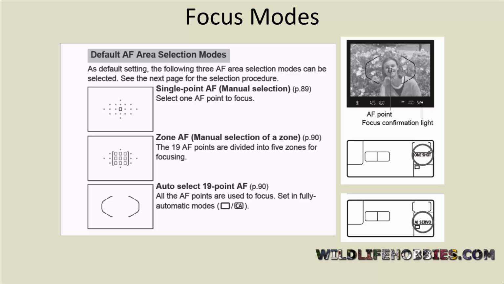If the bird is in flight, you should be in AI servo mode. AI servo mode constantly reevaluates focusing distance. Using AI servo on a bird on a bush could cause some of your photos to be of a lesser quality than you might prefer because the focus is constantly shifting back and forth. You absolutely have to use AI servo to get quality images over time for flight. AI servo is constantly recalculating the focus point of a rapidly changing object. You're going to use one shot for subjects that are not in flight and AI servo for subjects in flight,